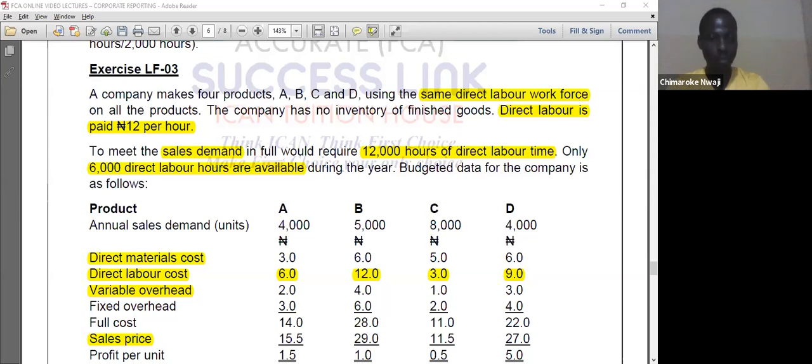So look at what we do. Our sales unit from the question, D is 4,000. And so let's look at it. D is 4,000. And I want you to do something for me. Draw your production schedule. And under the labor hours, which is the scarce resource used, go and put this 6,000. Go and put this 6,000. Now, this 6,000 is very, very important for me because